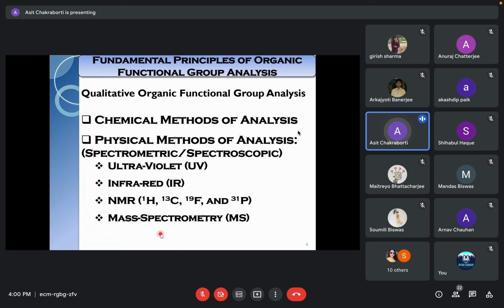You have been told UV visible. Is it possible? You start from UV visible. Can we use UV visible for determining stereochemistry? No, sir. Fine, I'll come back. How about IR? No, sir. Again, I'll come back. How about NMR? Example: like cis alkenes and trans alkenes can be differentiated.